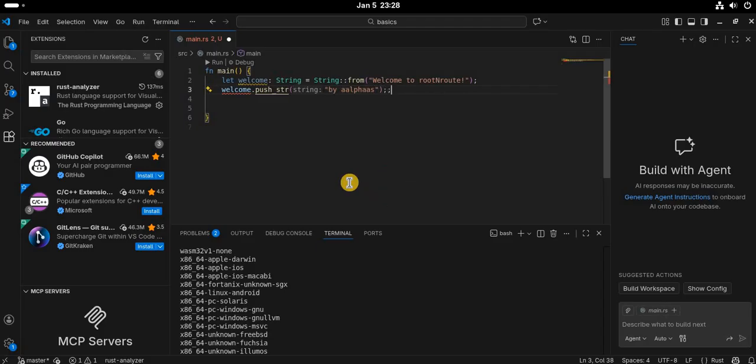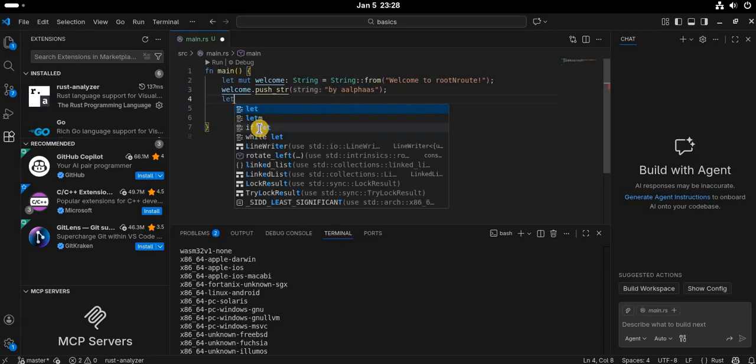If I do this, it's going to be an error. Why? Because my variable is not mutable. But if I do this one, you can see that the error is gone, because now I can make changes on this variable. I can add extra values to it, so I can do any kind of editing on this string. So now the string value is done, but imagine